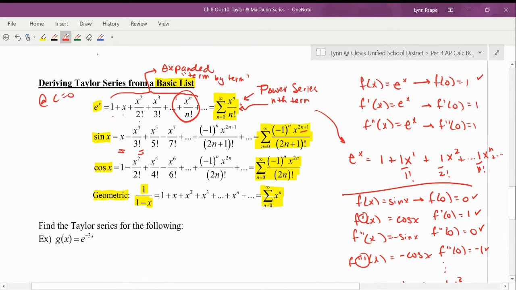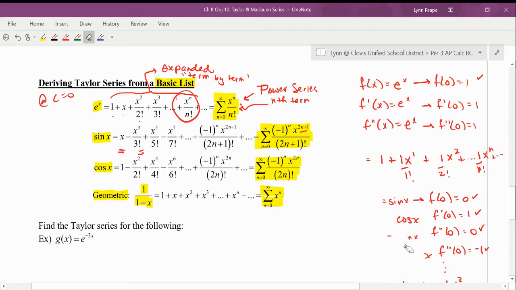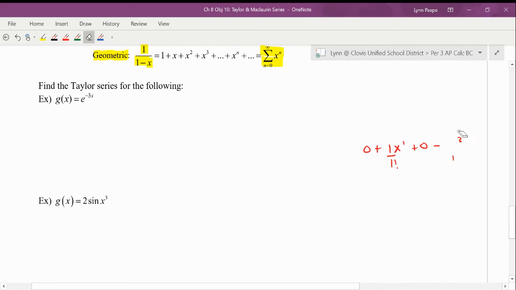But you're trying to spare yourself from doing that and just having these memorized because you're going to be using these quite a bit. Okay, so do take that time to memorize what you can for that. Give myself a little bit of room for the problems here. All right, so